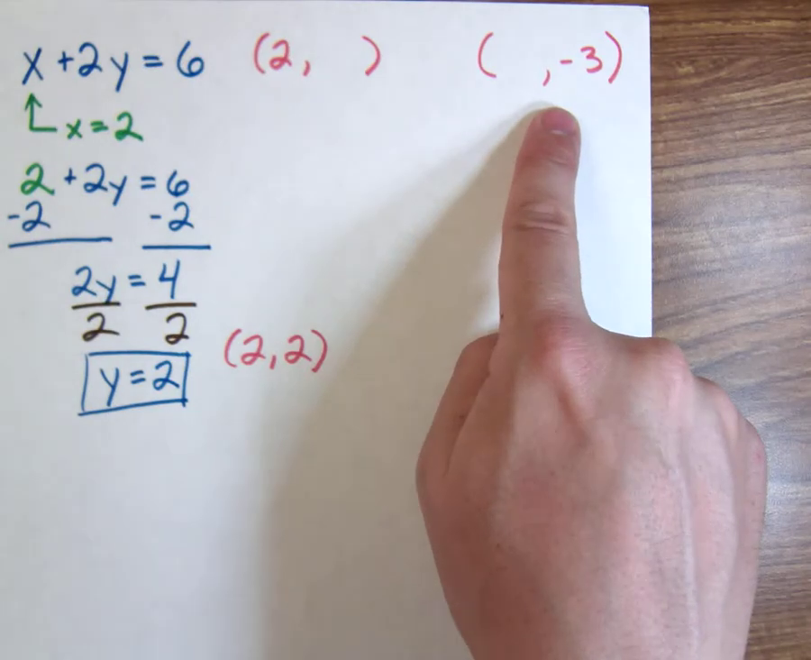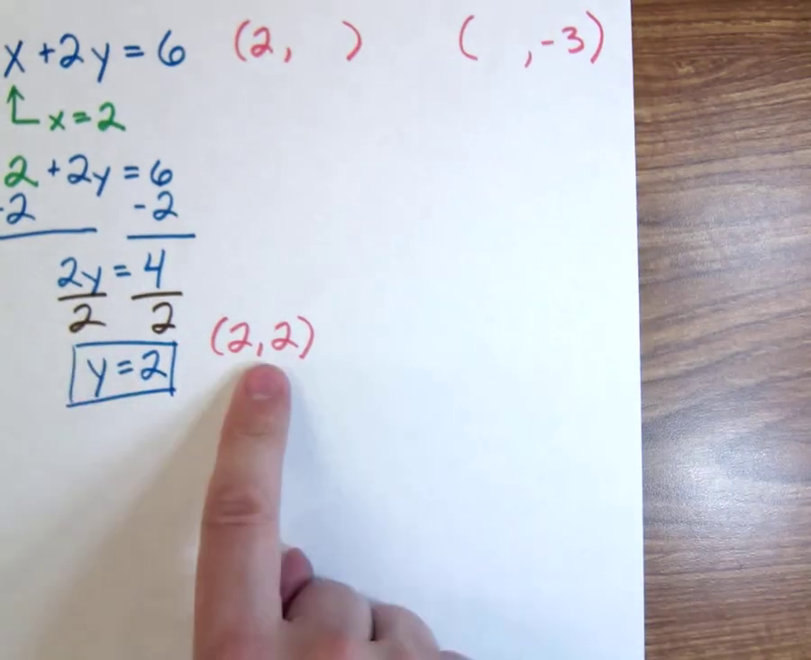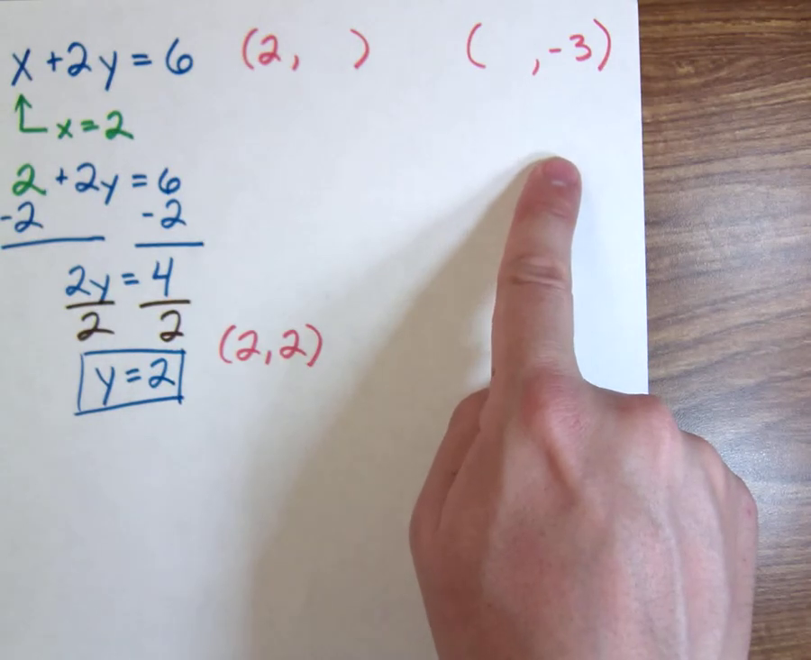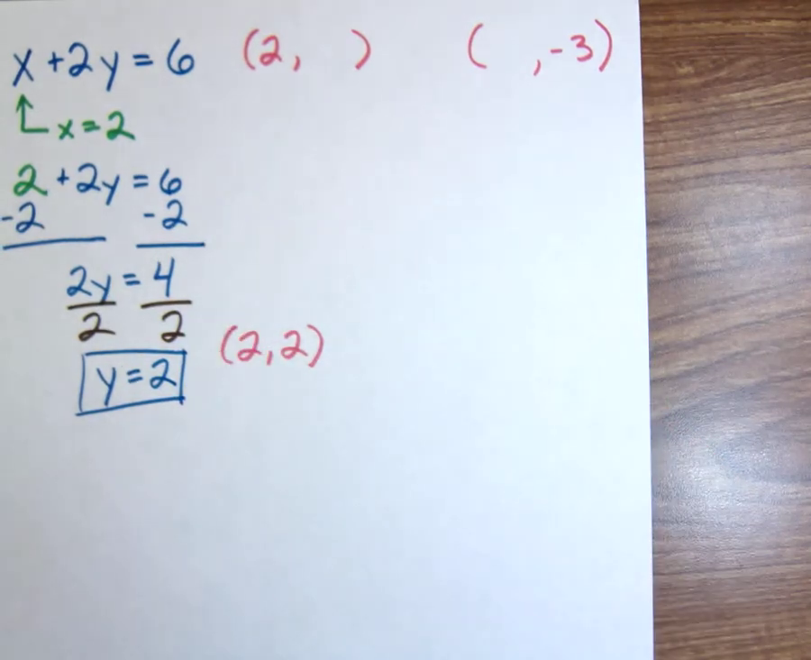What's the one on the left? It's already taken care of, right? This one's already taken care of. 2, 2 is the answer. Now we're doing another one. Let's go find another one. Alright. Because I gotta have at least 2 coordinates in order